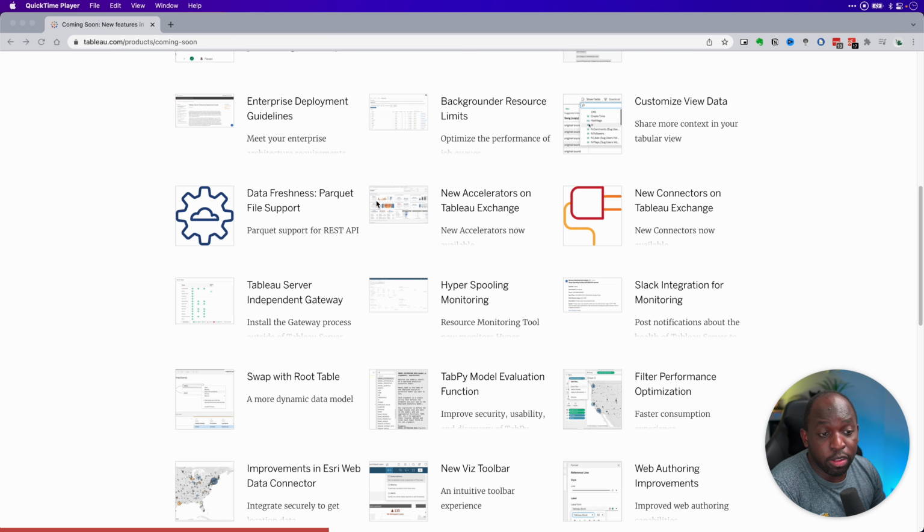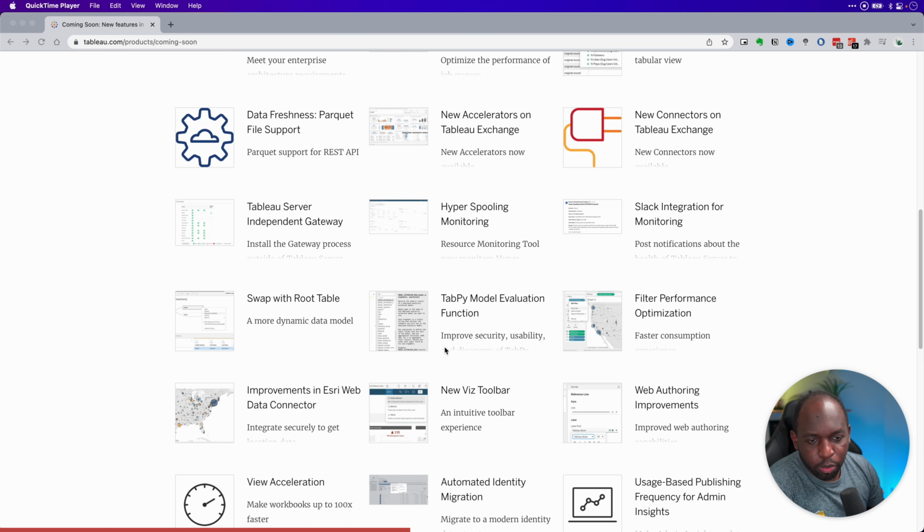New accelerators on the Tableau Exchange. The Tableau Exchange has been around with us now for a release. I was pretty critical of this in my video. I kind of watched that back and I thought, man, you really went in on that thing. But nonetheless, hopefully there's an opportunity for Tableau to improve over time. New connectors on the Tableau Exchange. We'll get into that. Tableau Server independent gateways, hyper spooling monitoring, Slack integration for monitoring, swap with root table for